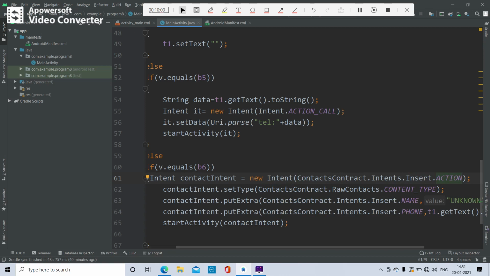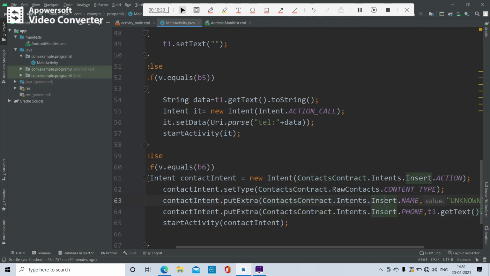And then, before saving, it asks to set the type; we give setType as RawContacts.CONTENT_TYPE. Then putExtra to save. What are you going to save? First you save the name and then the telephone number.